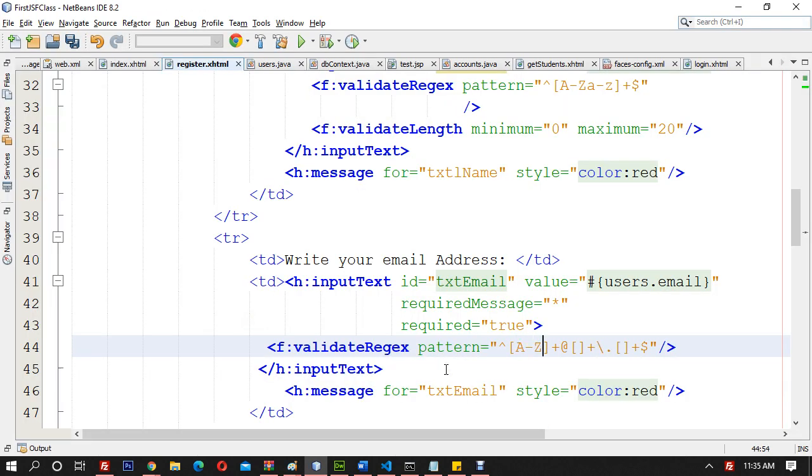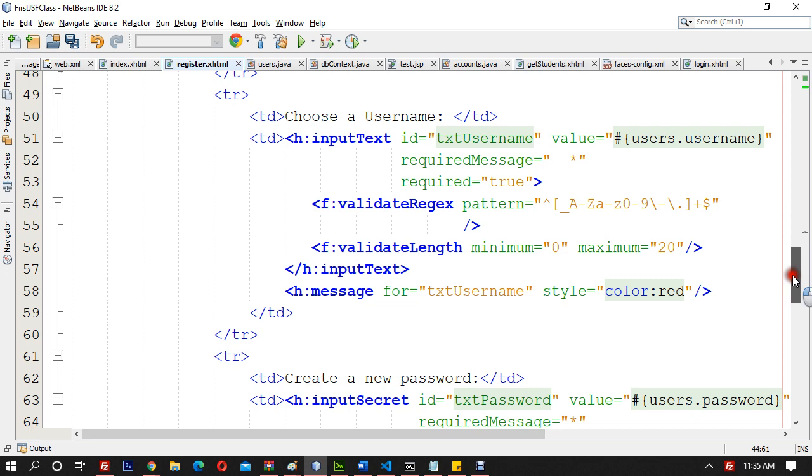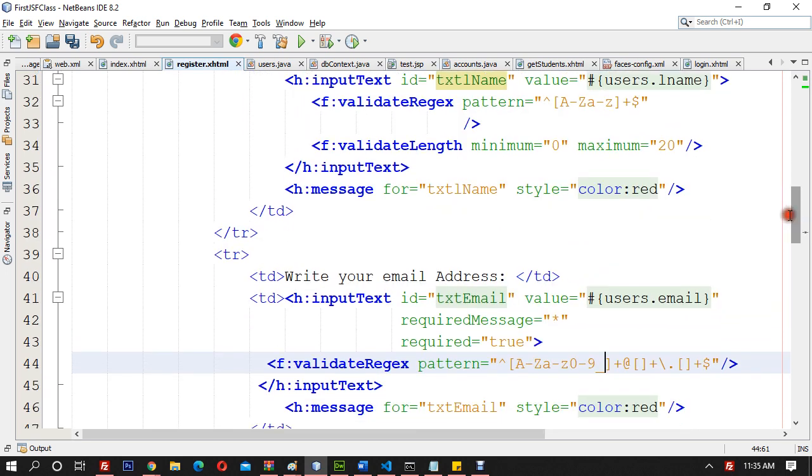capital A to Z and I will accept small a to Z and I will accept 0 to 9, right, and I will accept underscore, I will accept let's say about Fahim underscore Khan, Fahim, let's say about dot Khan, right. So these are the things I may accept, right, and I'll have to write slash and then accept. So I will accept dot as well, right, and I will accept dash as well, right, as the first name,